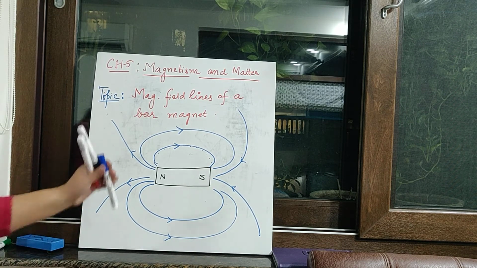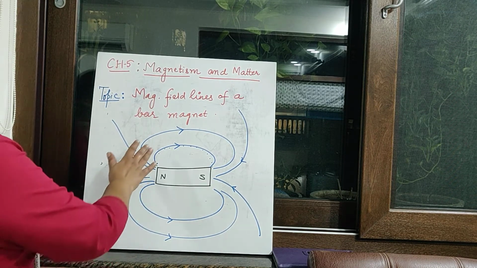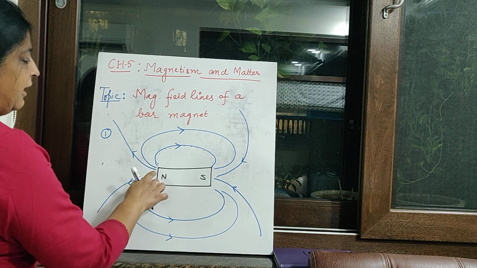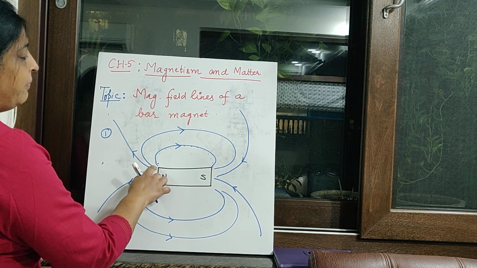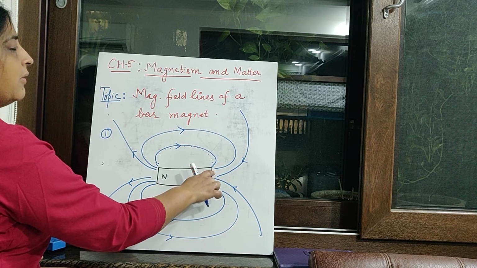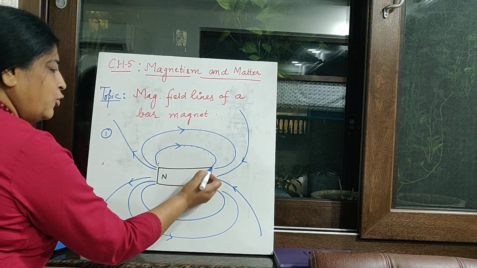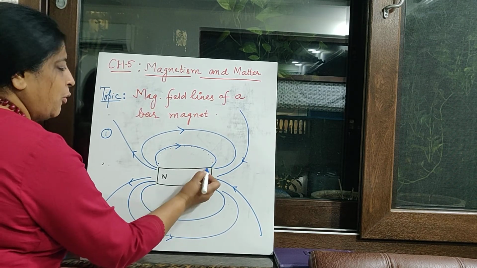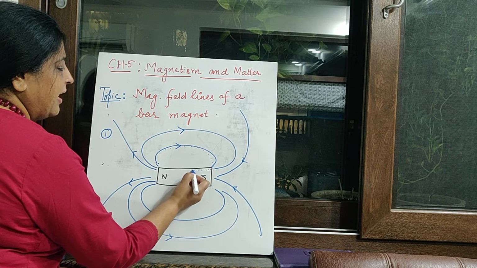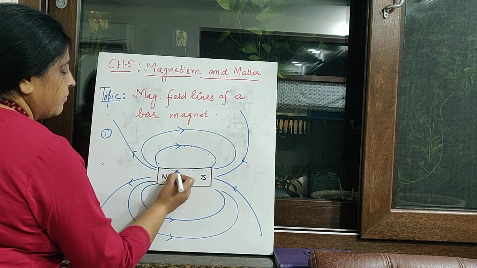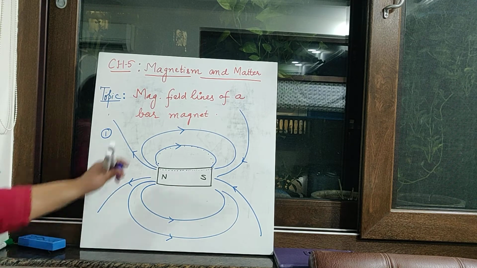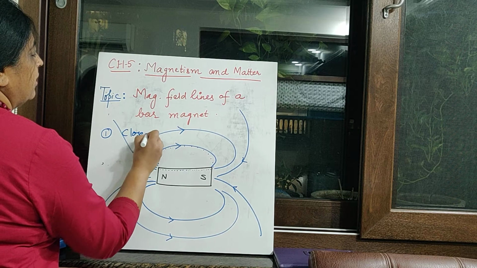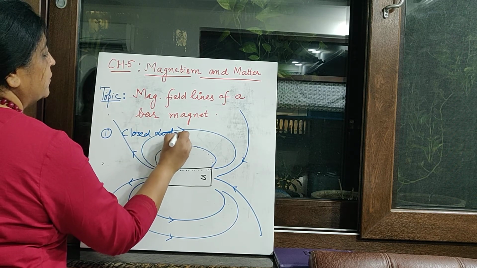But here we are going to learn some basic properties of the magnetic field lines. The first property that you can write down is that magnetic field lines start from the north pole and reach the south pole, but they do not end at the south pole. If there were a provision to go inside the south pole, we would find a magnetic field line like this, which means that magnetic field lines always form closed loops.